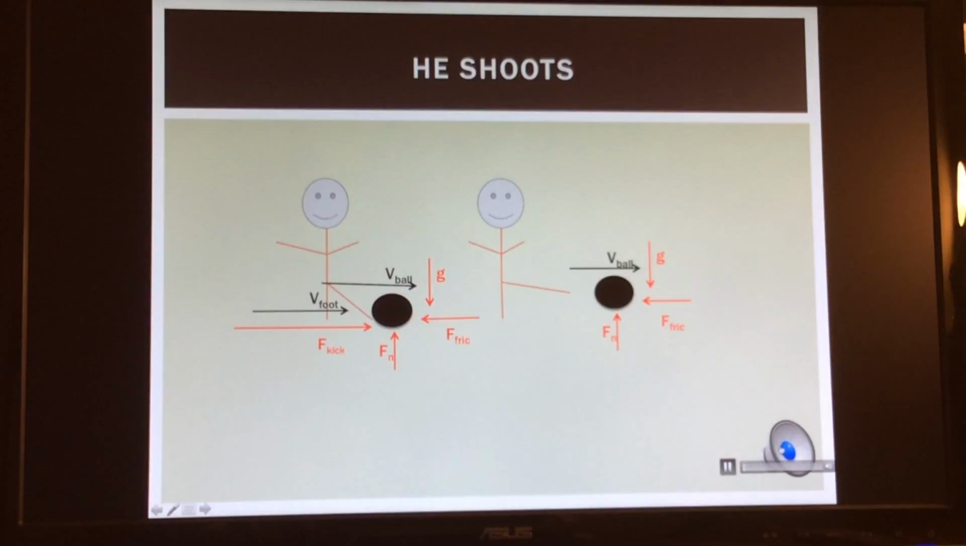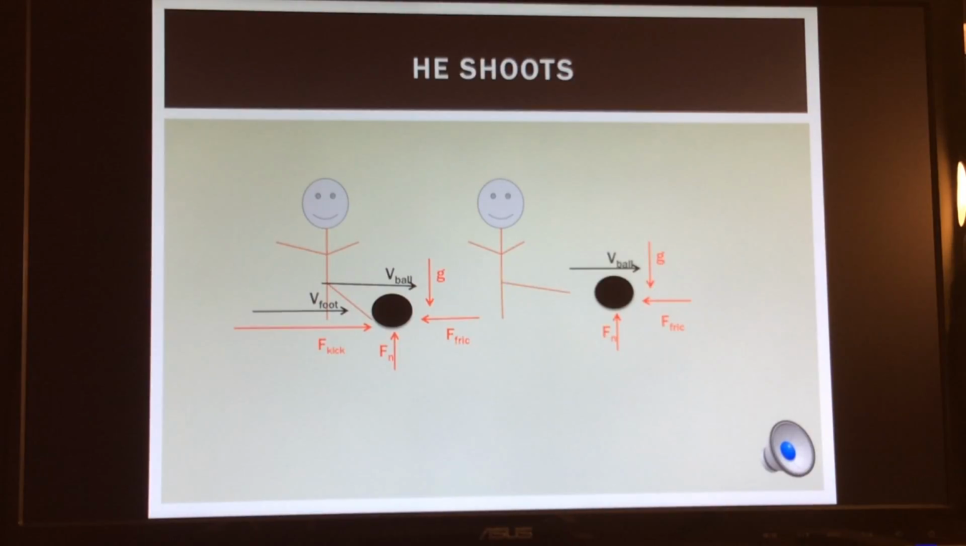Now our player is going to finally shoot the ball and try to score. The way this works is he will apply a very large force to the ball. When he applies this force, it will set the ball into motion at a great velocity that will be constantly decreasing. The forces acting on the ball will be the force of the kick, the normal force, the force